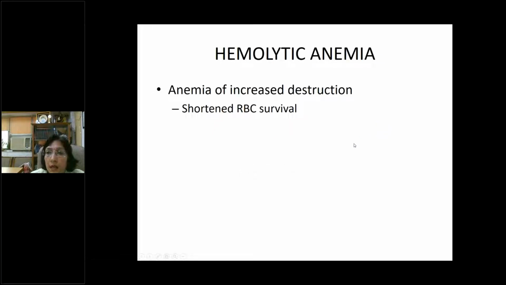So what is hemolytic anemia? Hemolytic anemia basically means anemia due to the increased destruction of RBC. All of us are aware that the RBC lifespan is around 110 to 120 days. But if the lifespan is decreased for any reason, either a defect in the RBC or some other issue which leads to red cell hemolysis, then it will lead to hemolytic anemia,